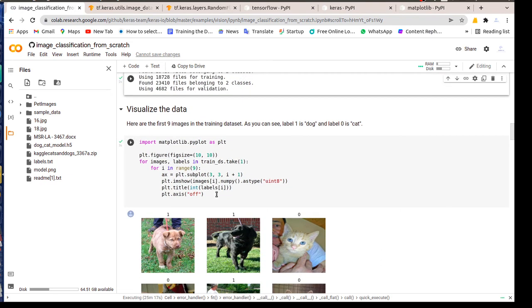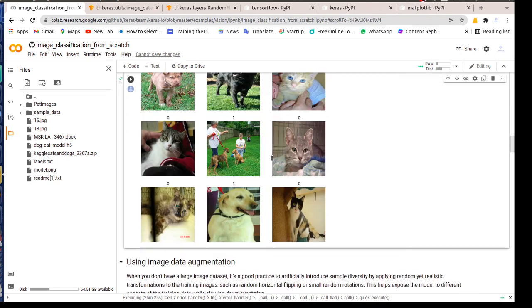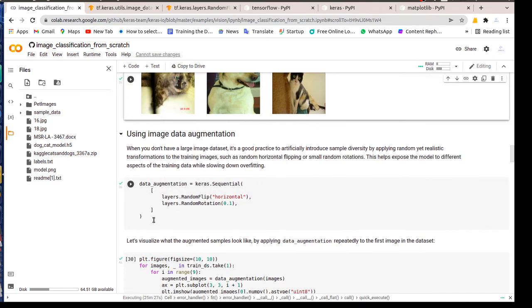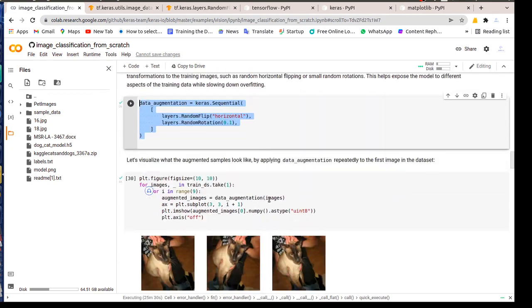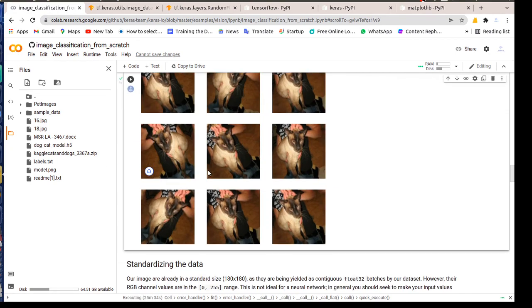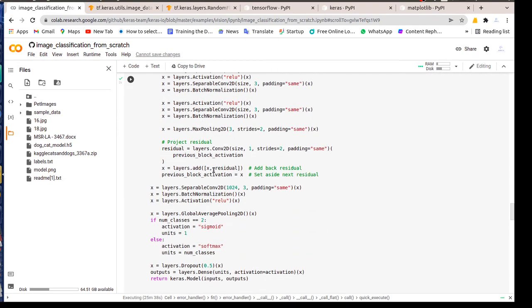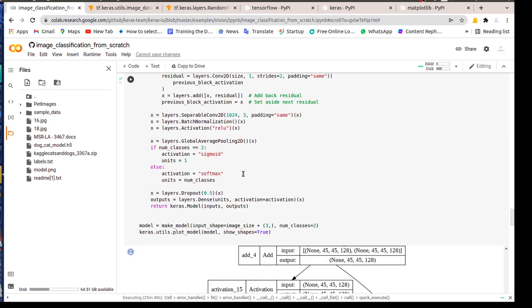Now you can visualize whether you have done it properly or not. There is no need to change any code even for your custom data. Augmentation also has no need for change, and here also there is no need for any changes. Okay, everything is fine.